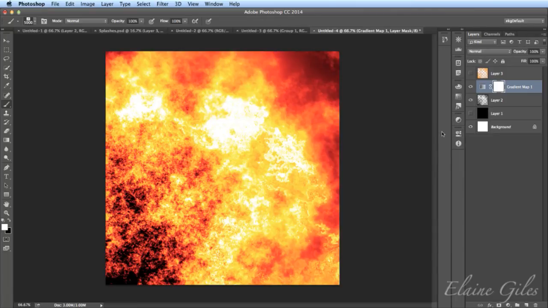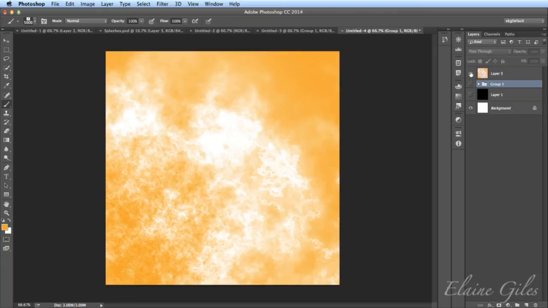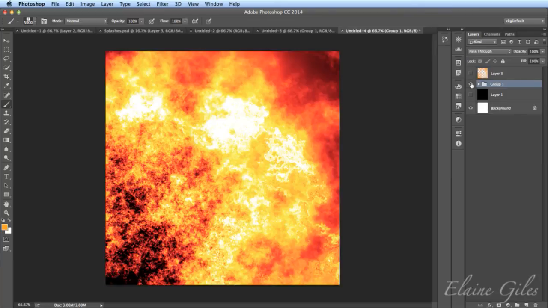So when it comes to working with brushes and colorizing them, you can get a much better effect by using a gradient than you can just choosing a colour. So let's have a look at, I'm going to again group these so I can toggle them on and off in one go. But that's the only reason that I'm grouping them. This was what we had if I chose orange and clicked with that brush. But this is what we have, a whole different business if you use a gradient to colour it. So you've got there what looks like a photograph of fire just by using a brush, one click, and then adding an adjustment layer.